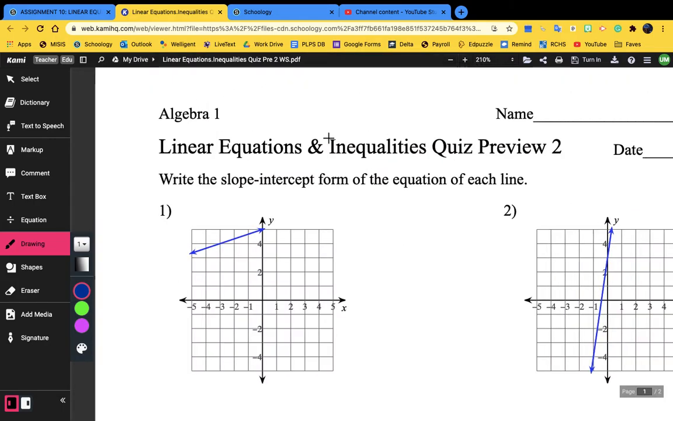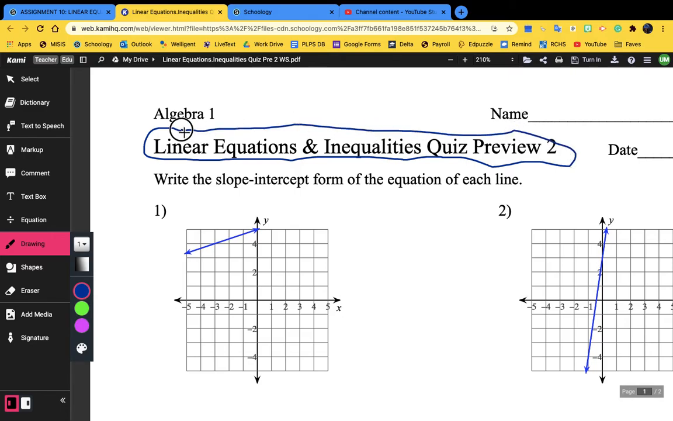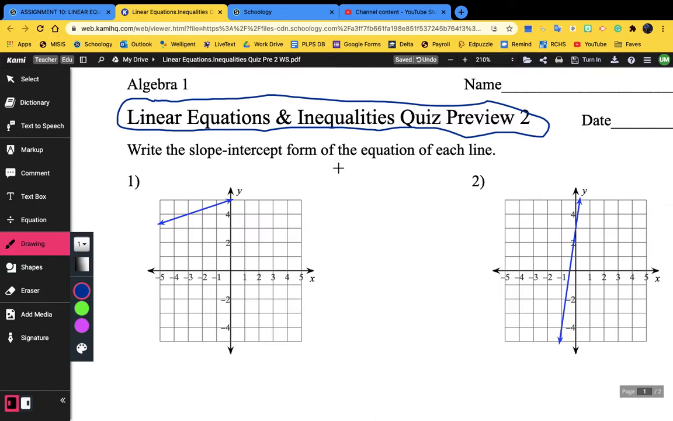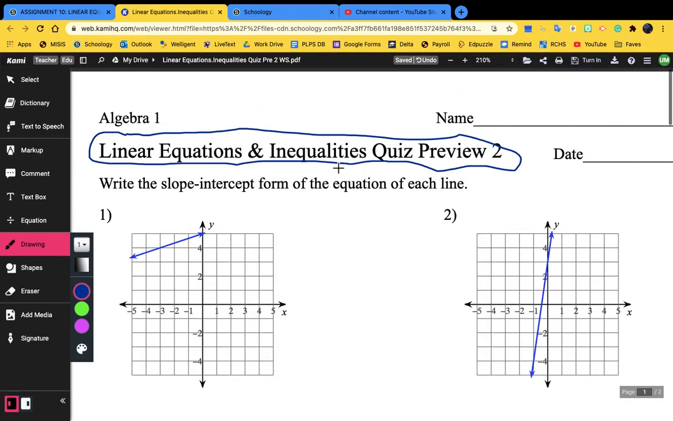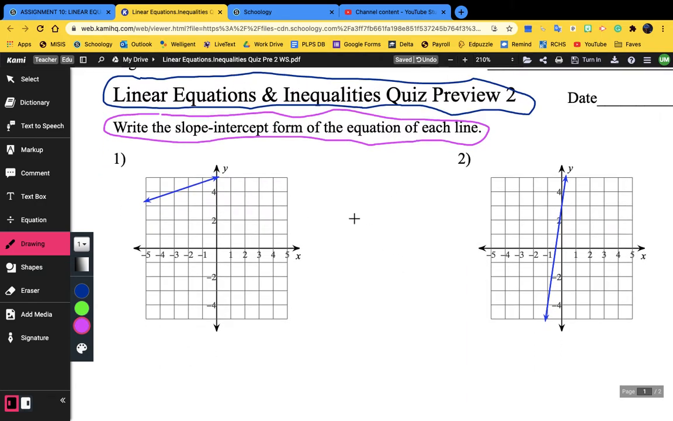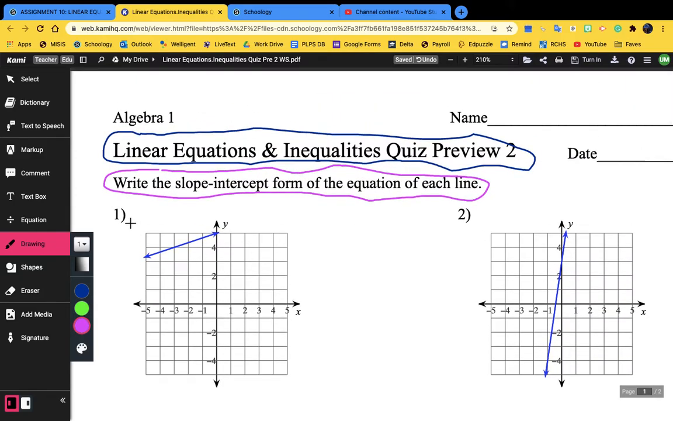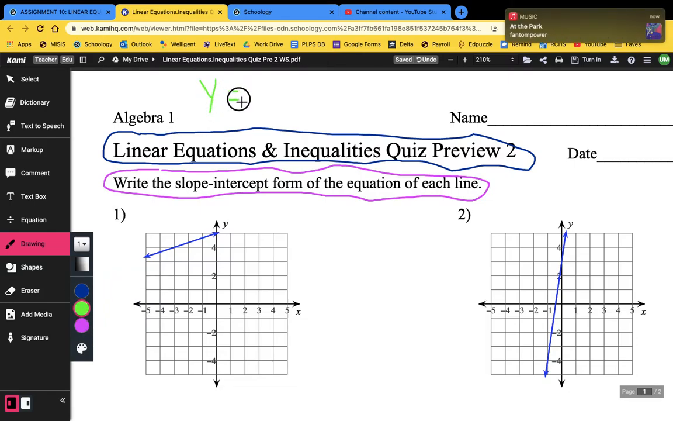All right, so let us identify the name of this assignment. This is linear equations and inequalities quiz preview. I've said that about 3 times now. That's okay. So the first 3 questions say, write the slope-intercept form of the equation of each line. So we are going to find the equation. Let us remember that the slope-intercept form is y equals